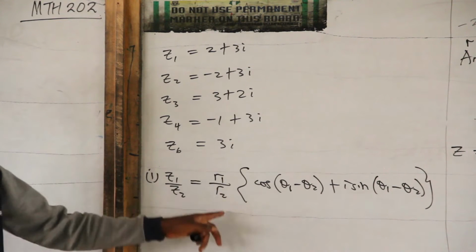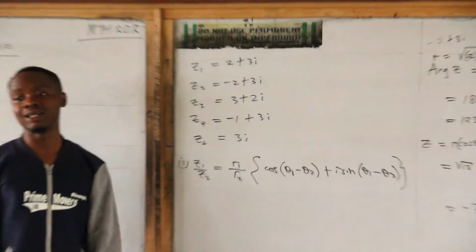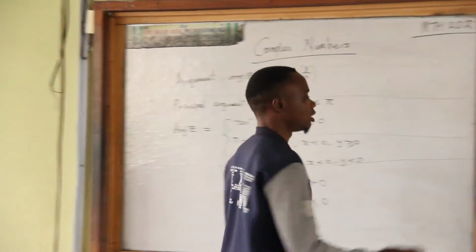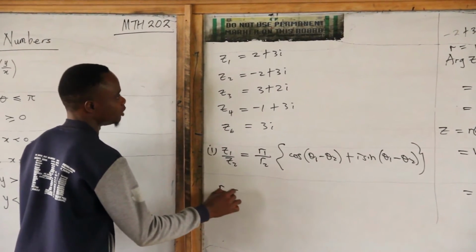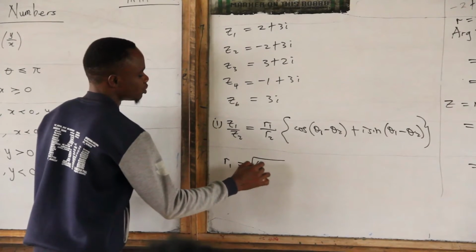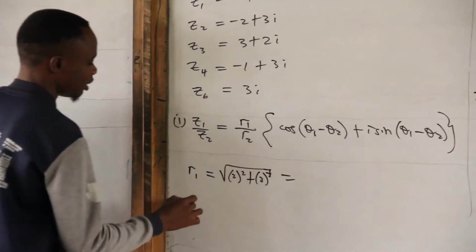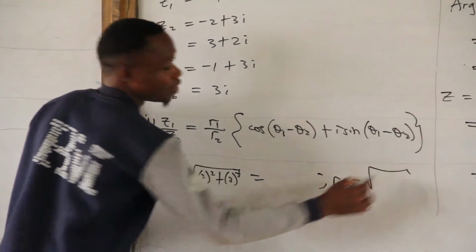So to do this, just get your R1 and R2 and get theta 1 and theta 2. Those will be the modulus and arguments of the complex numbers. So what is going to be our R1? R1 will be the square root of 2 squared plus 3 squared. And R2 will be equal to the square root